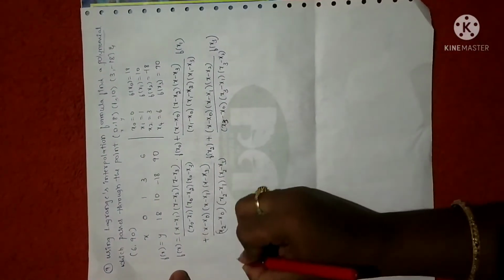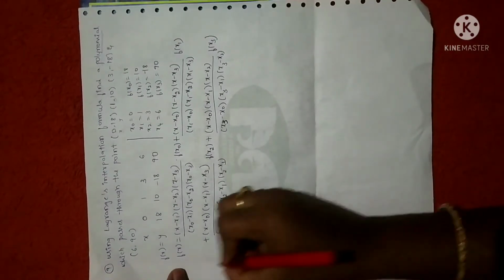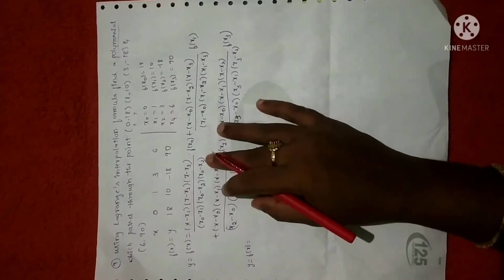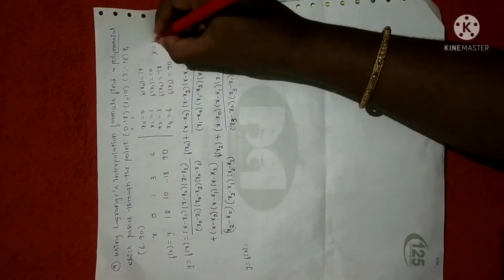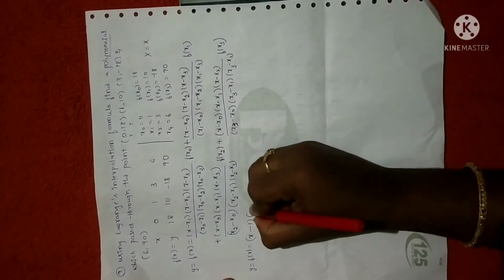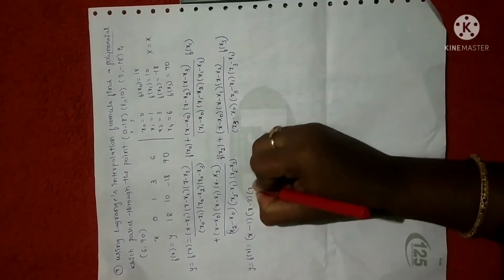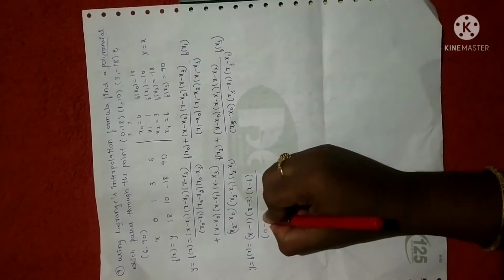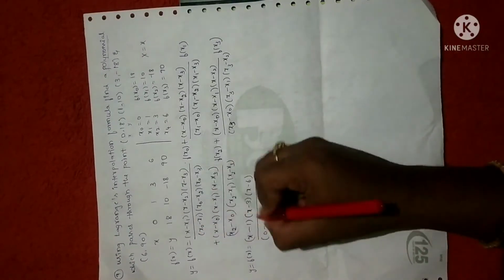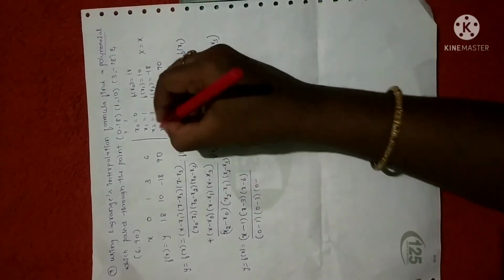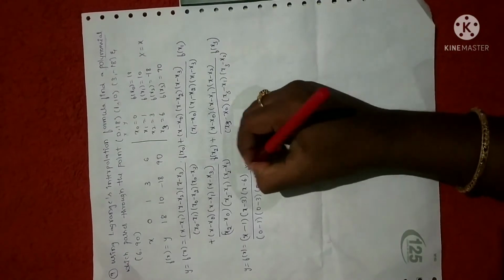Fine. Now the only thing is you have to substitute the values. So let me substitute. So f of x, or y, is equal to the following. What is the value of x here? As I already told you, we have to find the polynomial. So x will be as it is. X should be taken as x only. So x minus x1, which is 1, into x minus x2, which is 3, into x minus x3, which is 6, divided by x0 minus x1, that is 0 minus 1, next x0 minus x2, that is 0 minus 3, x0 minus x3, that is 0 minus 6, into f of x0, which is 18.